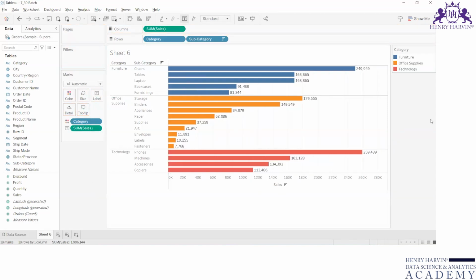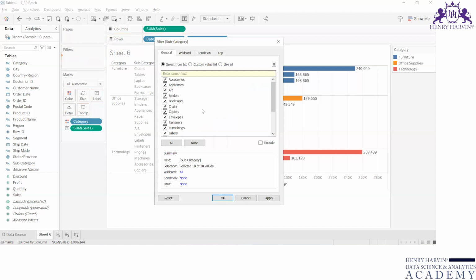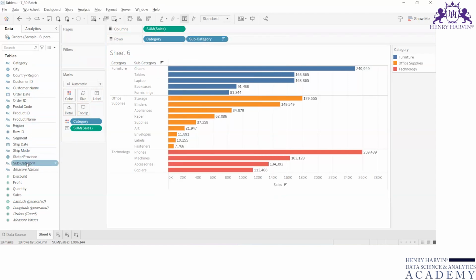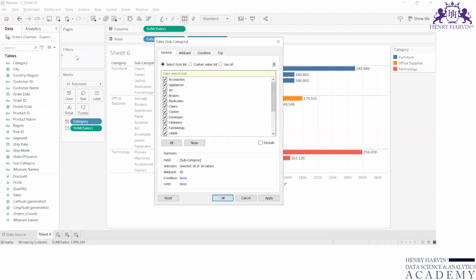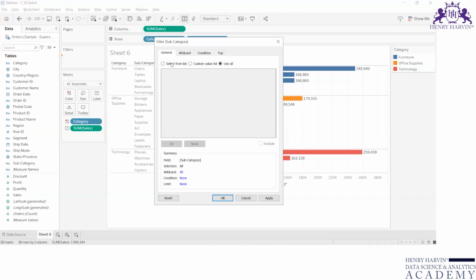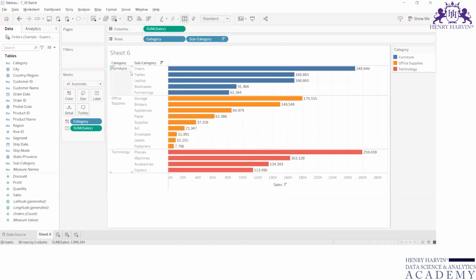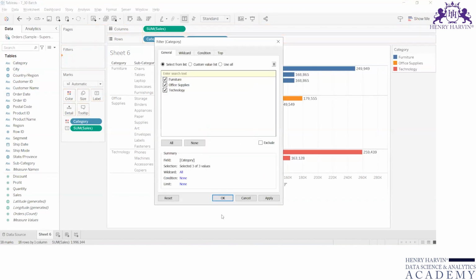Because if you don't apply any filter, Tableau will consider all the values. So if you are using "use all", then it's not actually applying a filter. Why do we do it? So that in case tomorrow somebody wants to change the filter type or selection type, you can always do that. You can always change from use all to select from list, and do the unchecking. And again, as I said, this is for developers' use, how you apply this